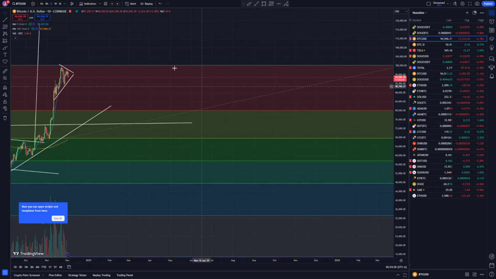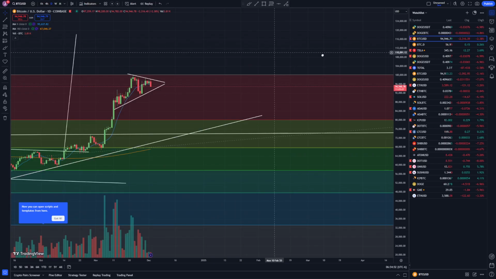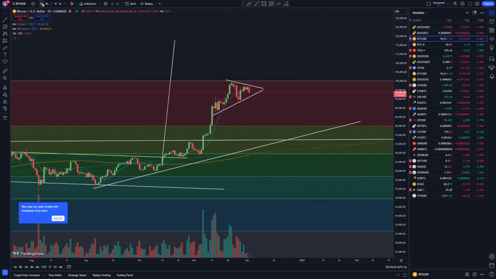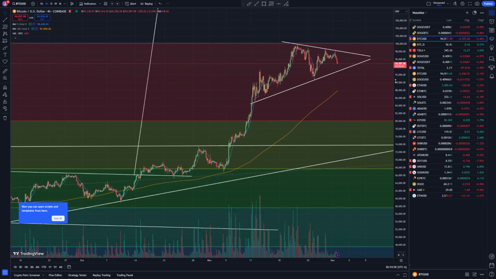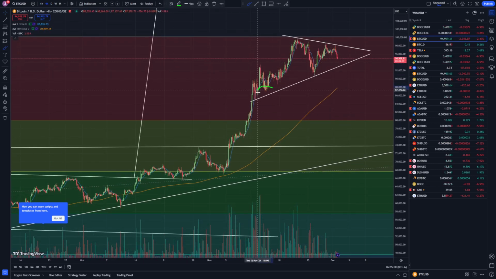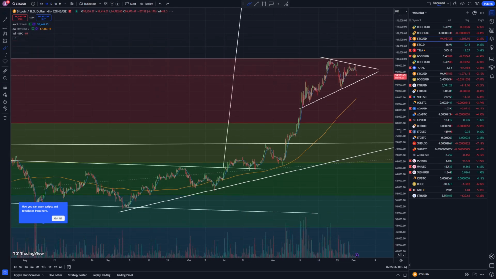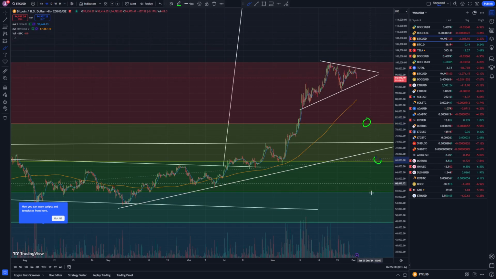Sorry, let's go ahead and get rid of that. We haven't broken supports yet, but if we do start doing it, these are the levels that I'll be watching. So just like on Dogecoin, let's see. We have support, giving me this line right here. If we break this line going to the downside, the next spots that I'll be looking at are the Fibonacci retracement levels. The first one is sitting at around